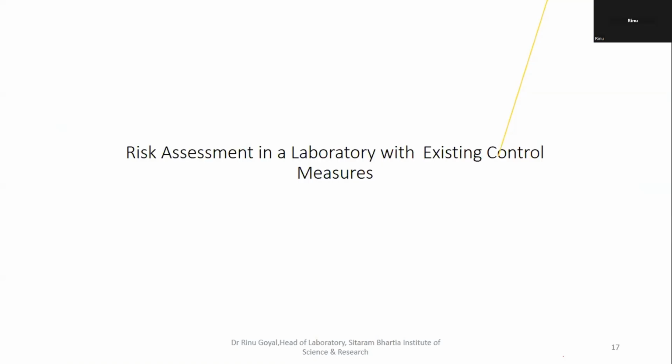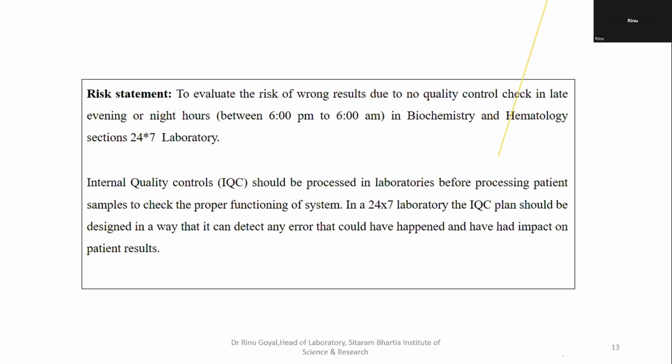You can handle everything. Now, the example which I gave you in the previous presentation, a 24/7 laboratory, you have to work on this. In a 24/7 laboratory, there is no IQC protocol to run quality control in the evening. Now, you have to find out the potential failure modes. In the next half an hour, you have to do this. Find out the potential failure modes that can happen and what existing control measures are there. Do this RPN exercise, and one of you should present,